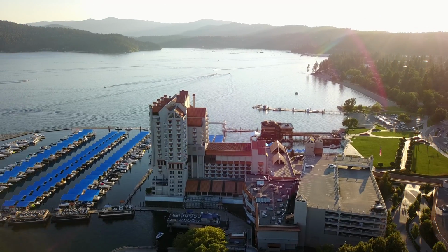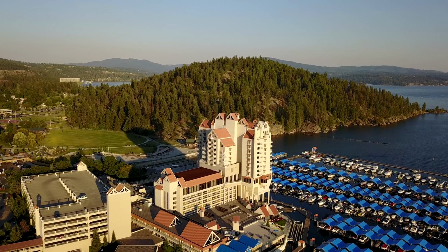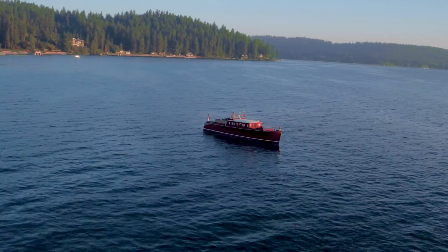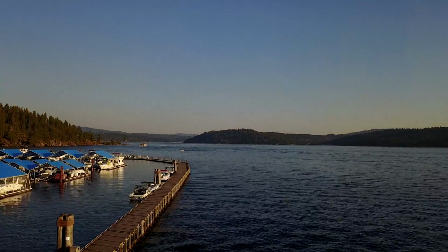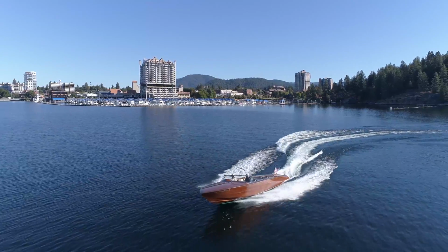Lake Coeur d'Alene offers all kinds of boating, and it's home to a number of exceptional classic and contemporary watercraft. It's easy to see why. Named one of the 5 most beautiful lakes in the world by National Geographic, Coeur d'Alene was formed in this pristine mountain setting during the last ice age. Stretching over 26 miles with 135 miles of scenic shoreline, it feels like Coeur d'Alene was created just for classic